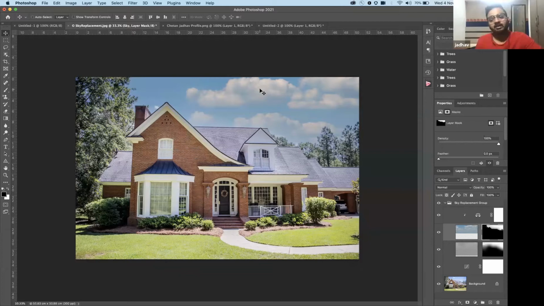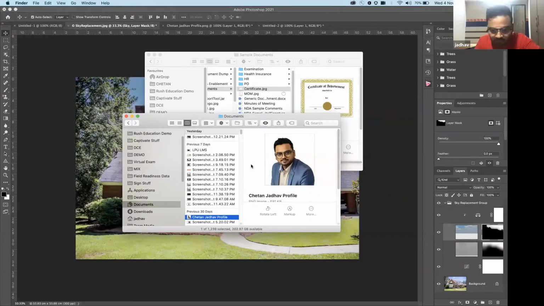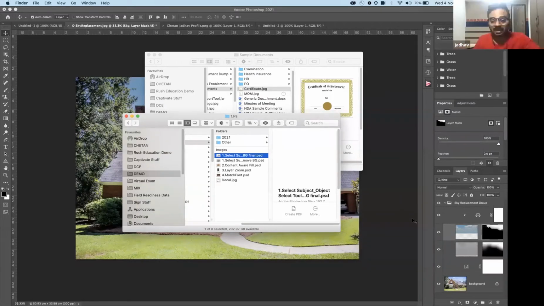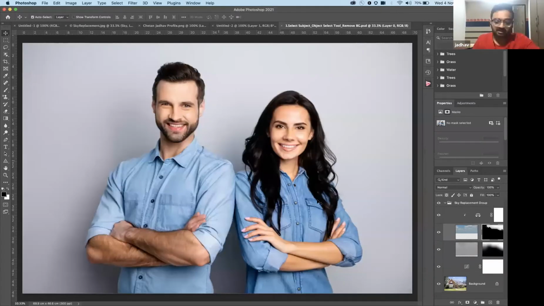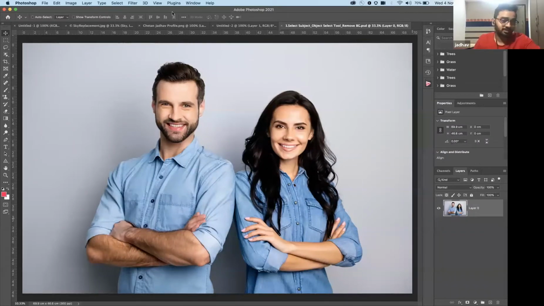There are other tools which I'll be showing you, which also use the same artificial intelligence technique. Let me show you one of the common tasks that you do in Photoshop, which is selecting objects. If I come to one of my demo files for Photoshop, one of the very common tasks is that you want to select characters. For example, if these are the two characters, if I want to select the characters, not a problem.